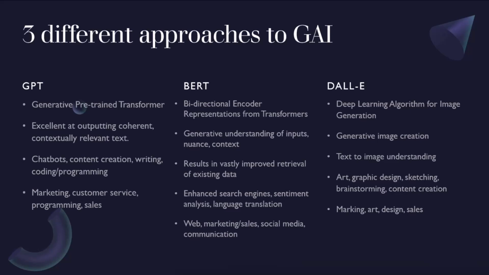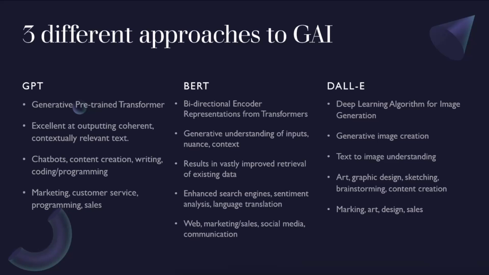Then the last one is something called DALL-E, which I think they pushed it a little bit with that. It's a deep learning algorithm for image generation. And DALL-E is a little bit famous for having some ethical problems about where you're getting your training data from, because generally speaking, a lot of DALL-E comes from very creative sources: people's drawings, photographs, pictures, that sort of thing. And a lot of them were used as training data without asking first. So you may or may not agree with that as benefiting humanity. I don't know. I'm not gonna comment on it.